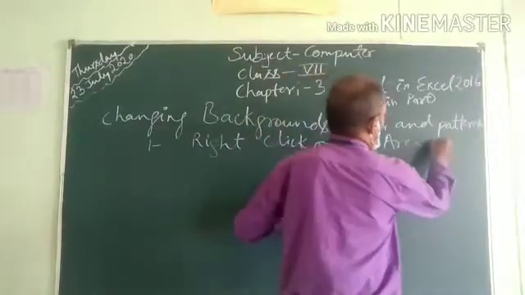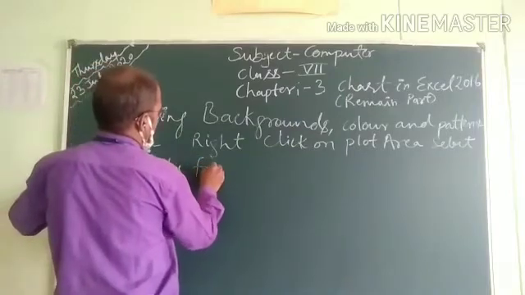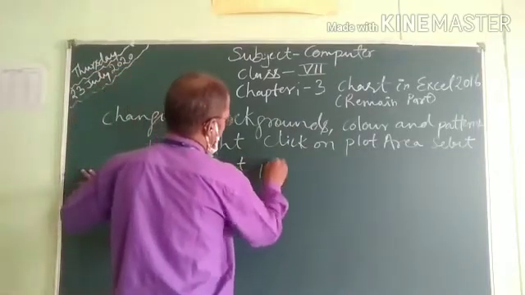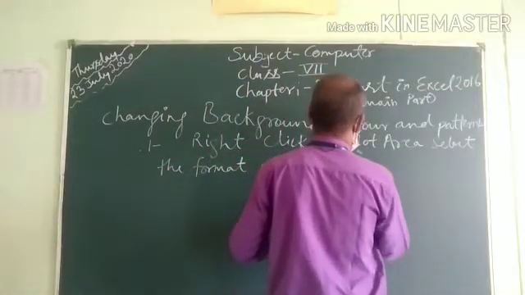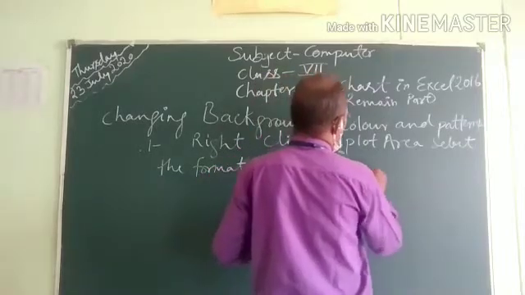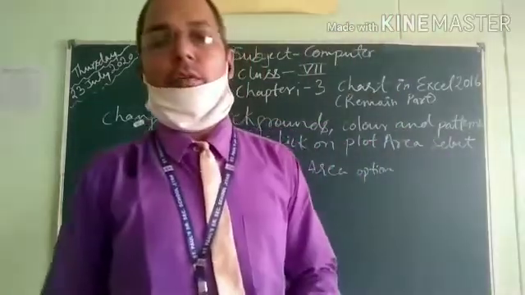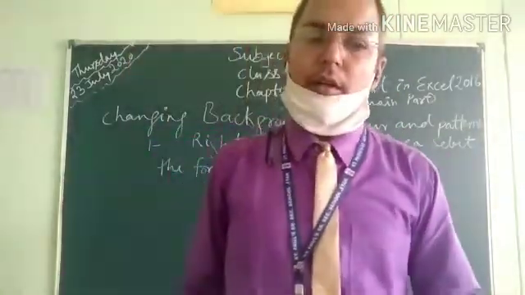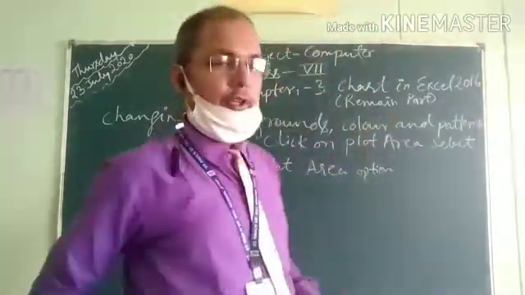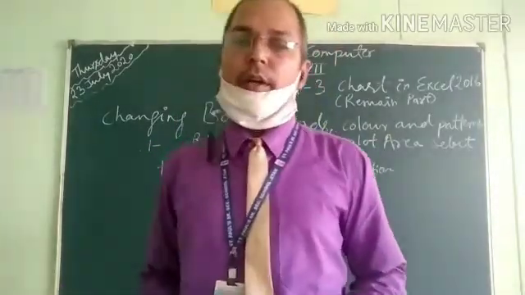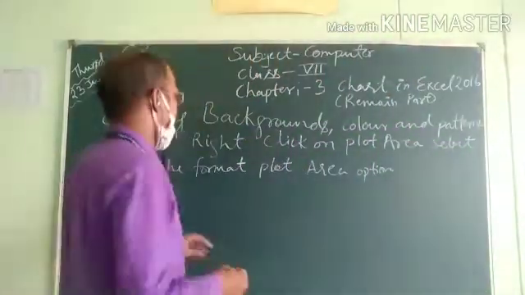After you select Format Plot Area, the Format Plot Area task pane appears on the right side of the screen. It has two icons under the Plot Area option: Fill and Line, and Effects.